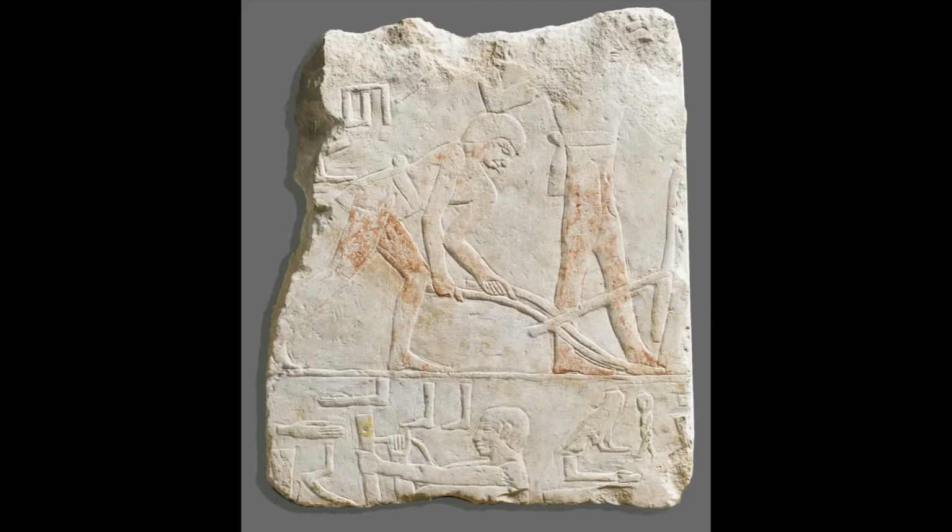My name is Carrie Atkins Maras. I'm the Associate Director for Community Engagement at the Cincinnati Art Museum, and as a nod to the season, I'm going to be sharing a tomb relief with images of harvesting and plowing. This piece of carved limestone is about 20 inches long and 15 inches wide and is a fragment of a